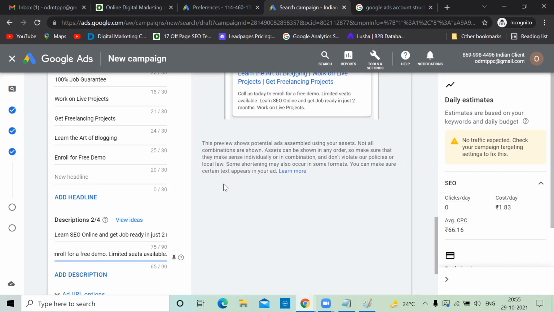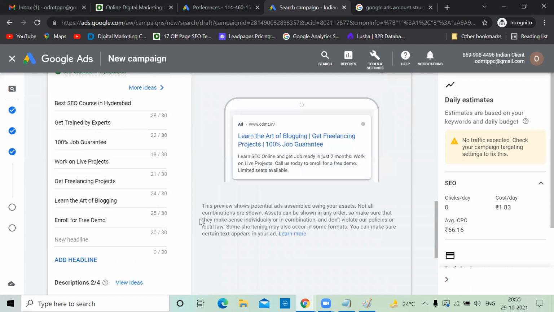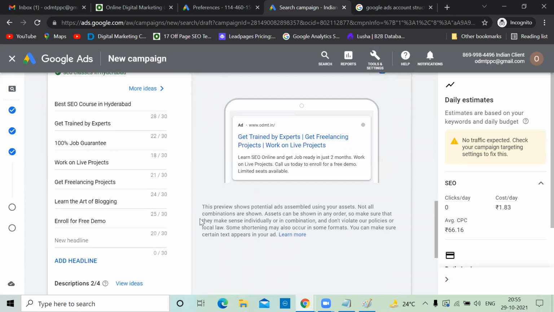This is called copywriting also. So your text should be in such a way that sometimes it creates urgency, like limited seats available, and you should show them some trust, like 100% job guarantee, but don't stick with only words. You should work hard to give them jobs. Whatever you do, that only mention over here. If you're not even guaranteeing that and you mention it, that's not correct. Ethically, it's not correct. When it comes to me, I'm very sure that I can give jobs to any students because the digital marketing industry is such that anyone is getting a job.